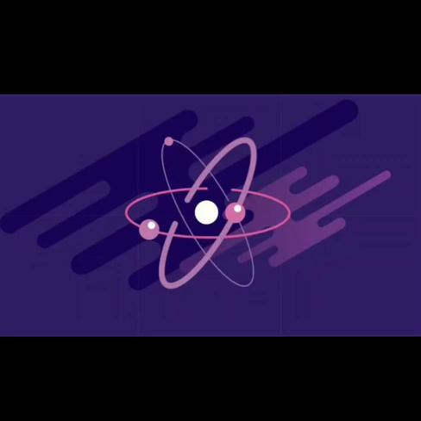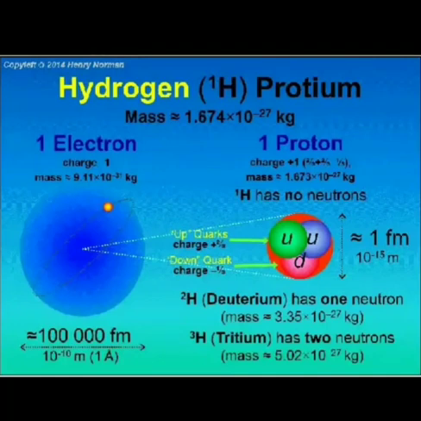After a lot of experiments, the scientists chose the hydrogen atom, the lightest among all the elements, as the standard unit, and the masses of other atoms or molecules are compared to it. That means to find the mass of an atom, it is compared with the mass of a hydrogen atom.